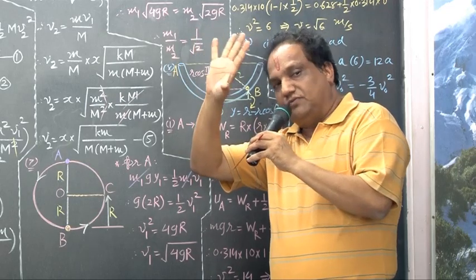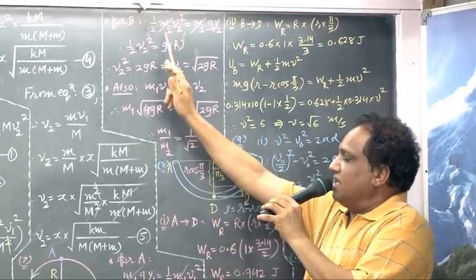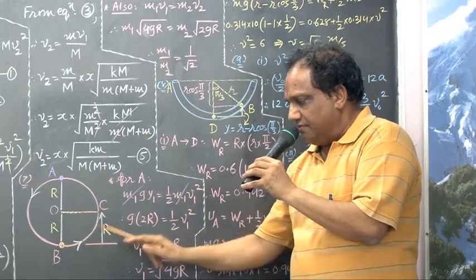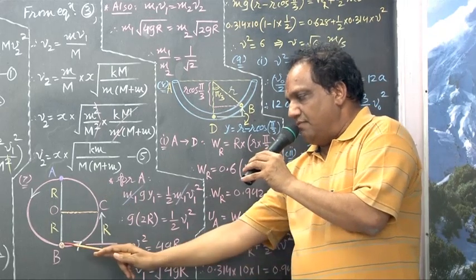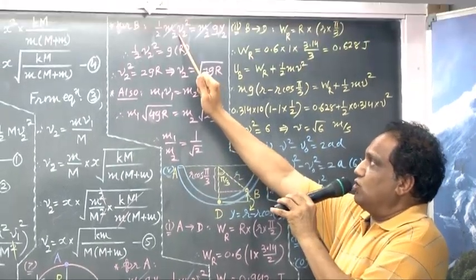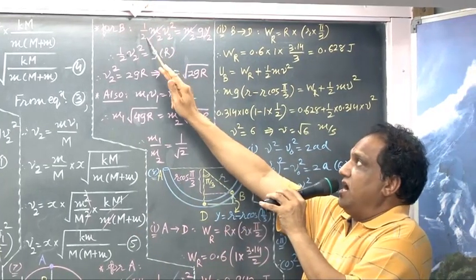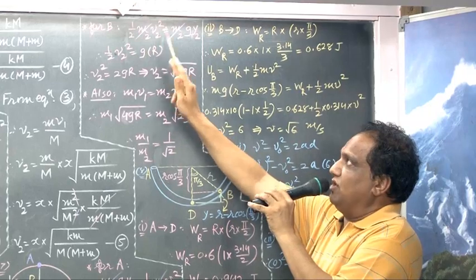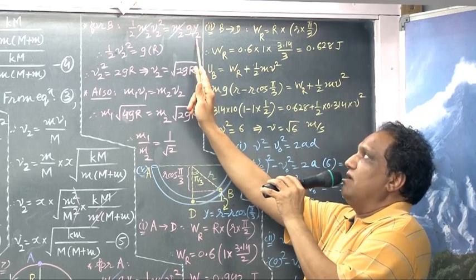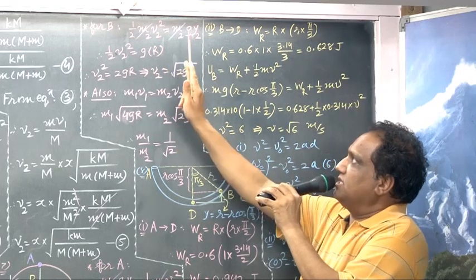Velocity becomes zero. Okay? Now tell me, for the second bead, that is for B, by the time it goes from B to C, what happens? That kinetic energy goes on decreasing, and potential energy increases. Decrease in kinetic energy should be equal to increase in potential energy. Kinetic energy is half mv square. For the second body I am writing half m2 v2 square. Increase in potential energy is mgy. Instead of m I am putting m2 and instead of y I am putting y2. Wait, m2 getting cancelled. 1 by 2 v2 square as it is, g as it is.